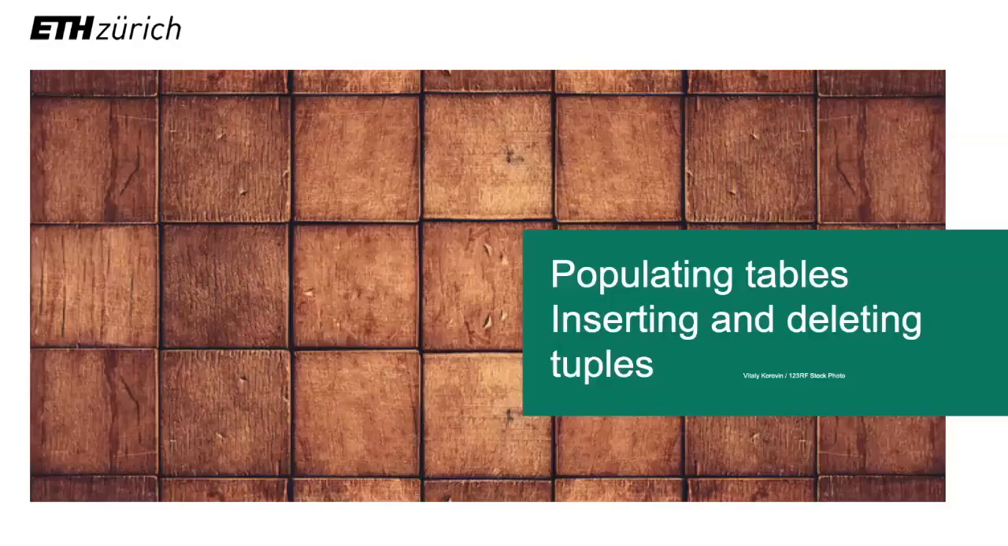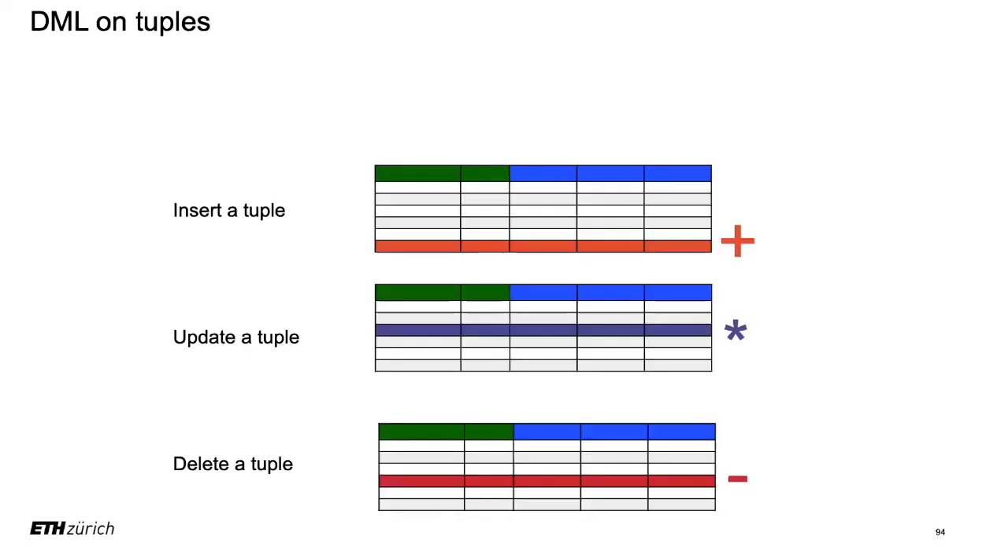Okay, so now I just gave you the superpower to create and to drop tables. Now we are going to populate them because it's more fun if we have data in the tables, of course, right? So how do we insert records or tuples or maps? How do we update the tuples and how do we delete the tuples? This is called DML, and DML means,